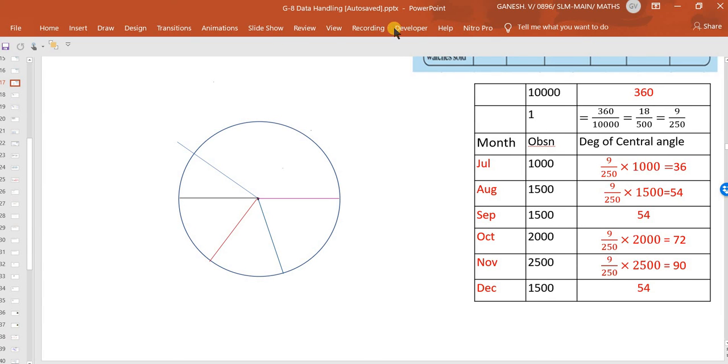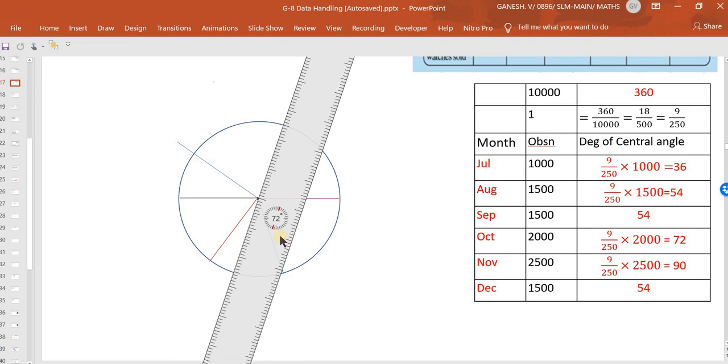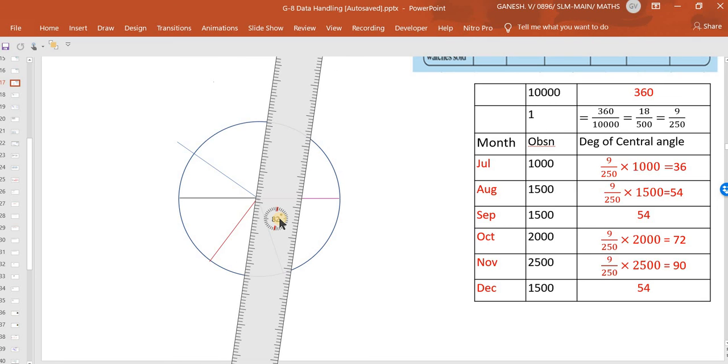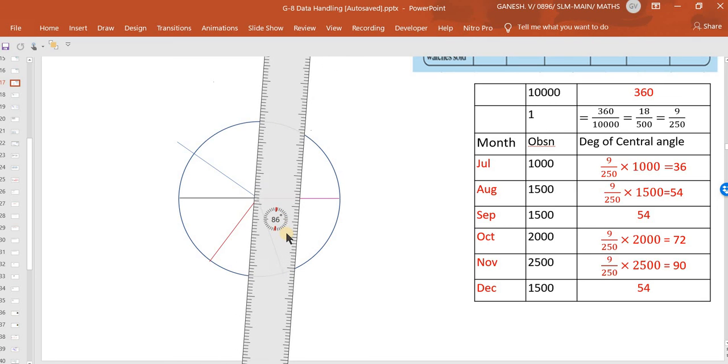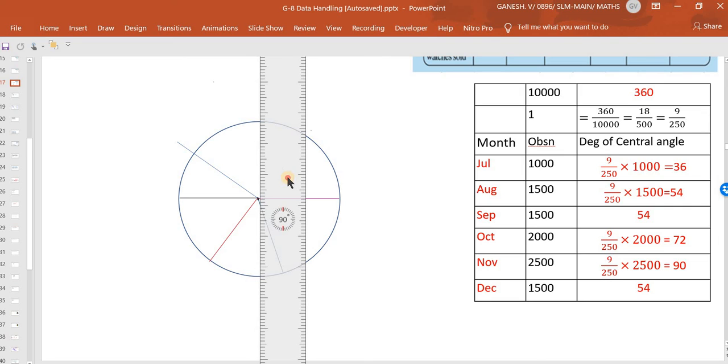Okay. So now let me draw a 90-degree line here. For that I am taking the ruler. The ruler needs to be set at 90 degree. I am clicking it here and I am just making it 81, 82, 83, 86, 87, 88, 89, 90 degree. Now it is at 90 degree. I will have to put it in such a way that the edge is nearer to the center and any point on the one.